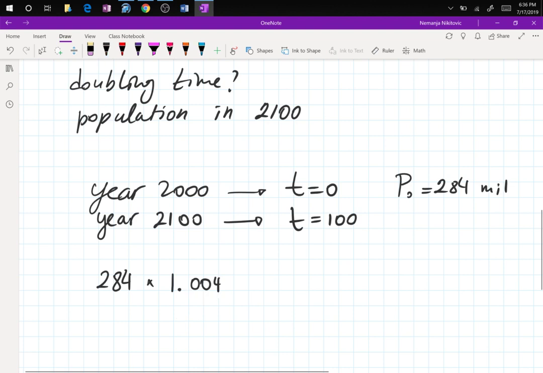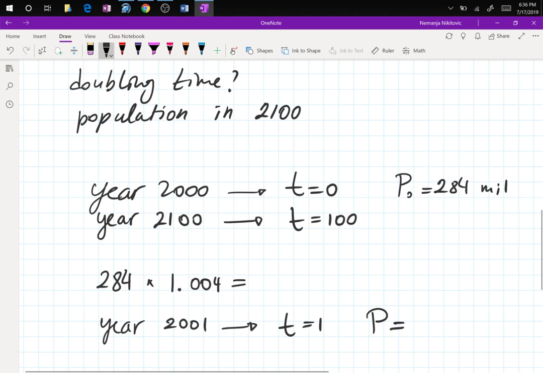I am increasing this number by this much, so I need to have this 1. Now you can also multiply by 0.004 and then add, but this is doing it in one shot. So the population in year 1, which is year 2001, for t equals 1, will be